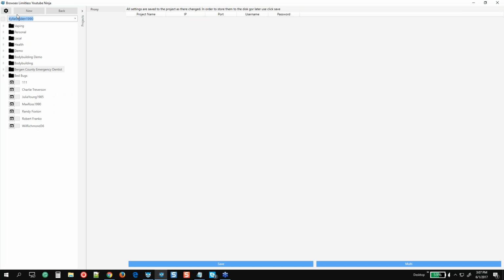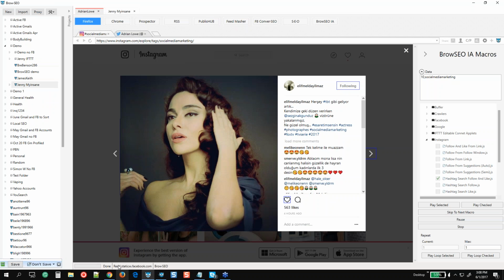Well, listen, Lee's asking whether Browsio supports native iMacro scripts. Browsio itself cannot, because a native iMacro script means that you need to have Excel spreadsheets and text files, and it needs to be pulling information from all different places, and the Browsio iMacros are just so much easier to use and to customize and to work with using the data source instead of our own custom data source. However, if you do want to use regular iMacro scripts, by all means, you can use them within the regular browser. So you don't need to actually use Browsio.